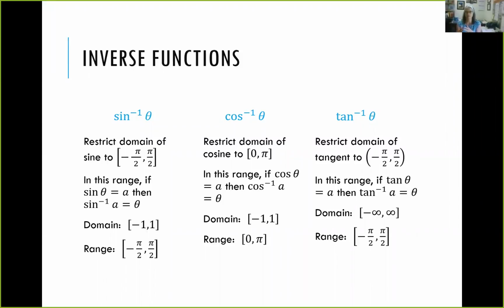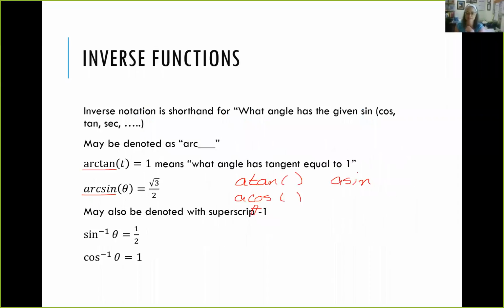If I think about their inverses, that means their inverses aren't going to be functions. And that's true, because the inverse would fail the vertical line test, right? What we do in order to handle that is we restrict ourselves. So we restrict the sine to -π/2 to π/2. So what that means in terms of our unit circle